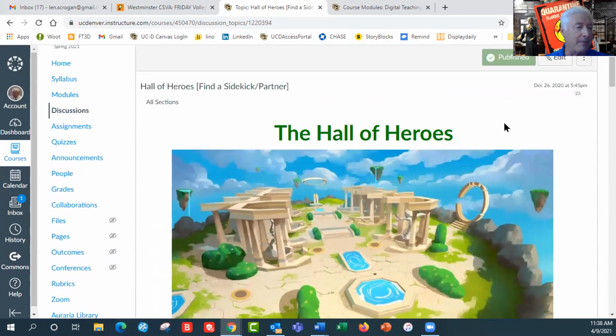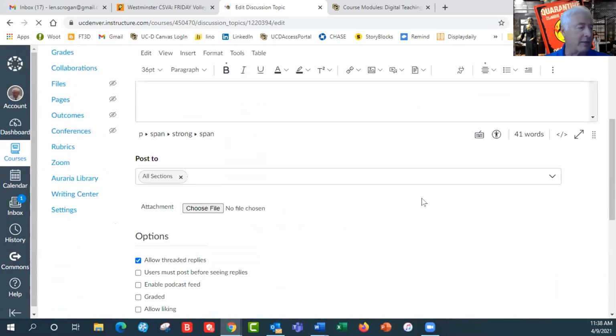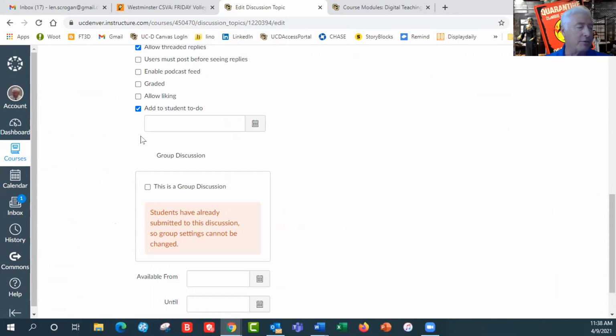When you set that up, I noticed just this semester, it lets me add this as a student to-do. That wasn't there before last semester. If I put in a date and time, it appears on the student's dashboard as something to do. So this is new. Has anybody else seen this particular command or resource anywhere else?